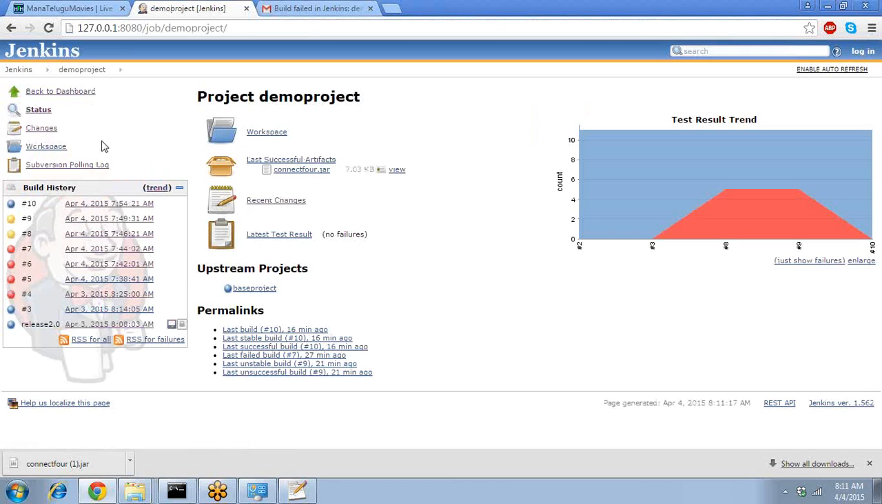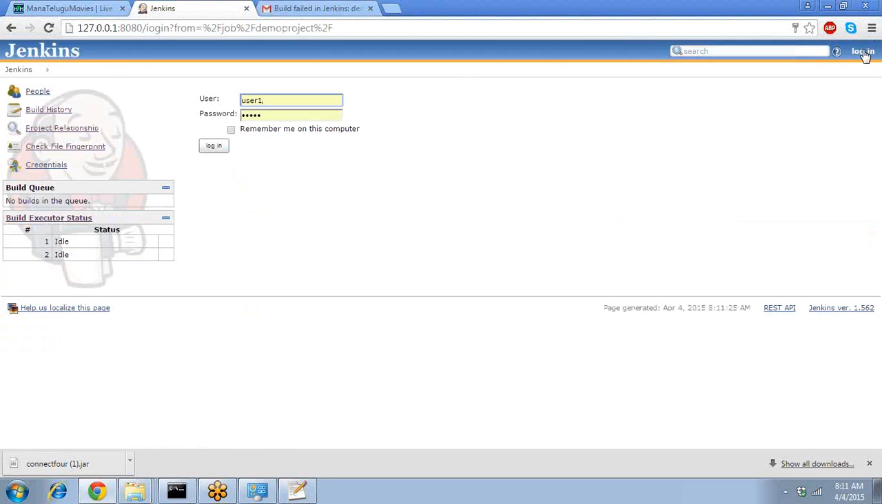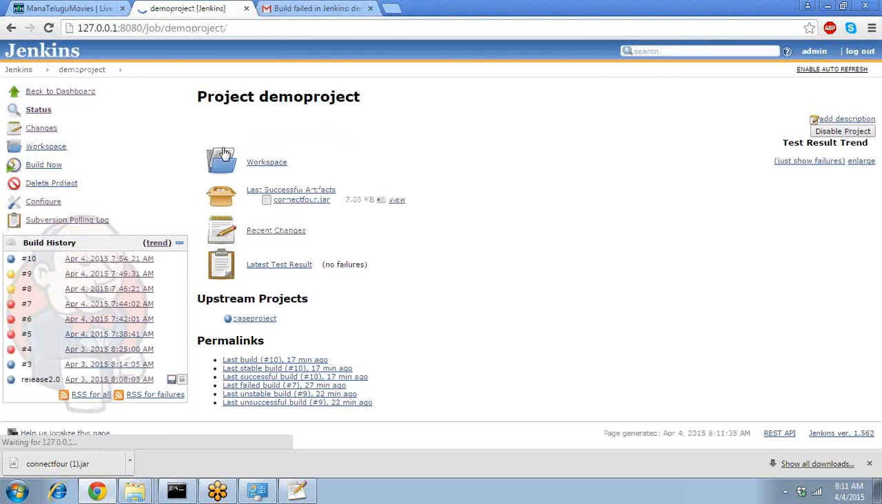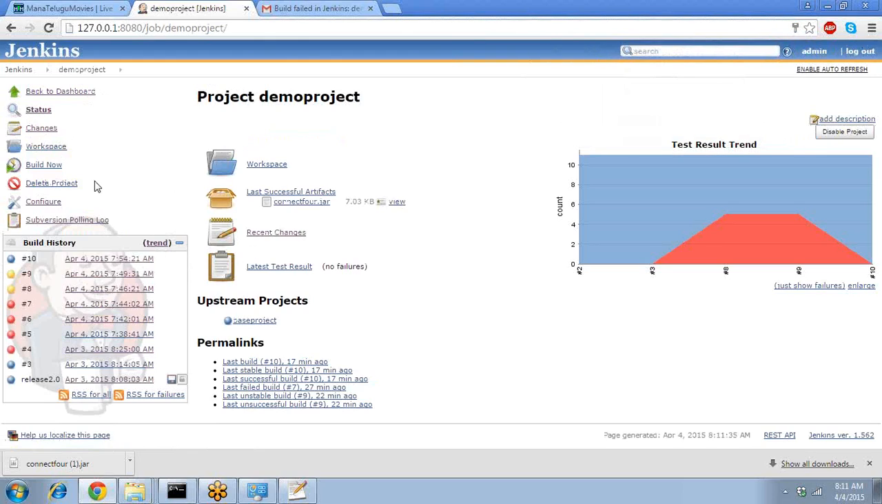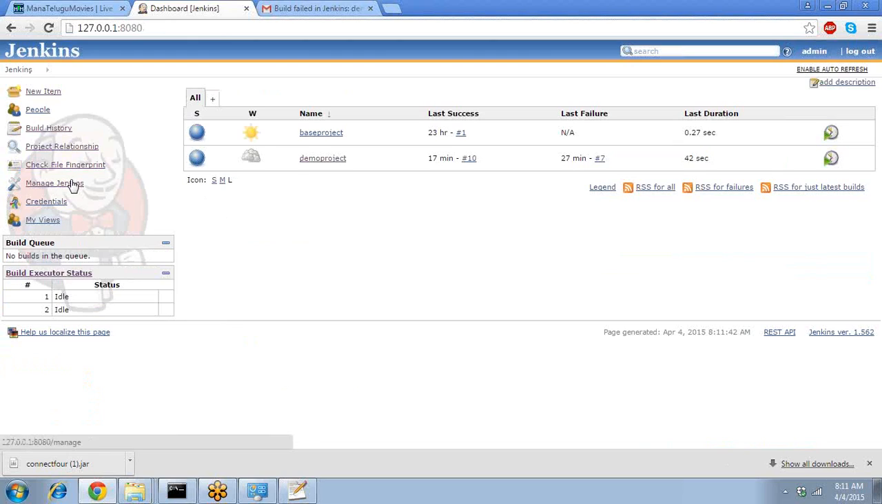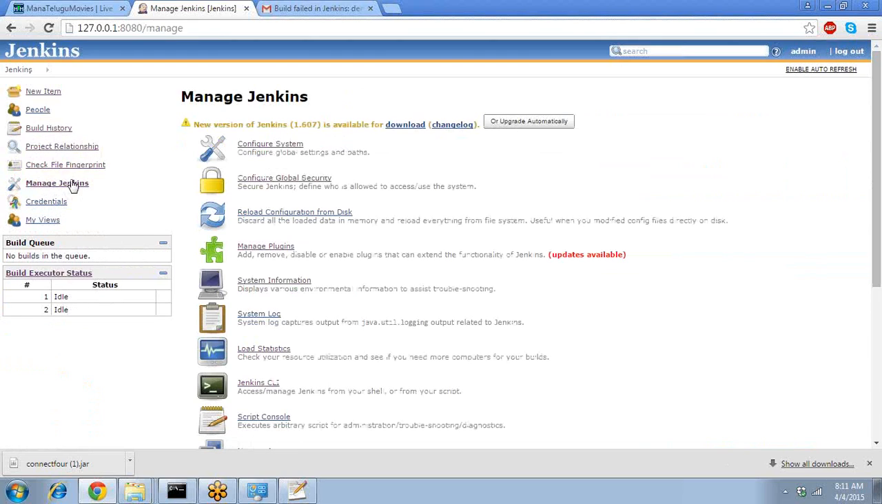So project configuration and everything I cannot see. These are the default read permissions that were given to the anonymous user in case of this authorization. Now I will log in as admin. Now I will be able to see all the options. Because I removed the users to sign up,